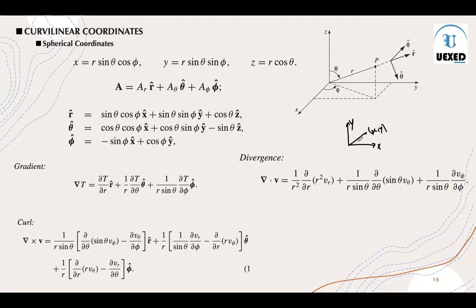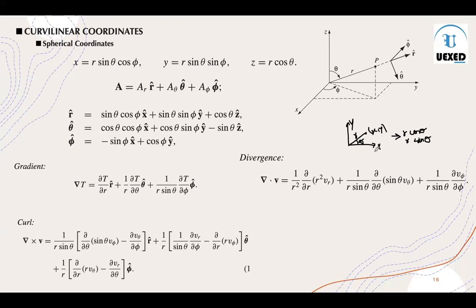But we can always change this and transform it into polar coordinates. Let's suppose this is the angle theta which this coordinate point is making. Then we say that this xy can transform into a polar coordinate system. Let's suppose r is the distance from the origin to this xy point. Then x can be written as r cos theta, and y can be written as r sine theta. So now you see, we have defined this Cartesian coordinate system in terms of the polar coordinate system.